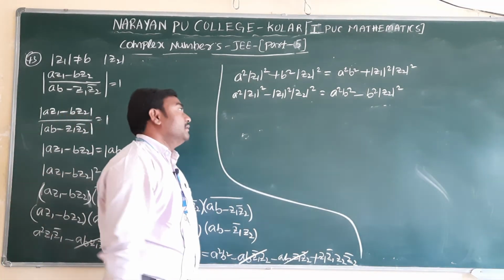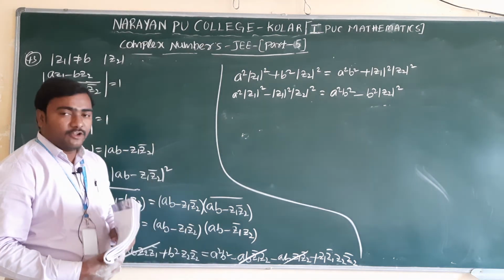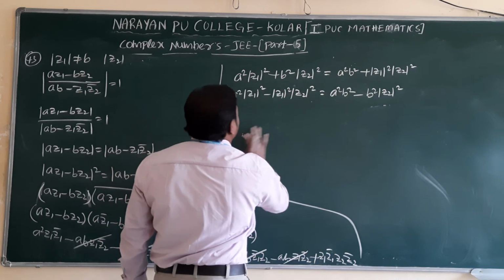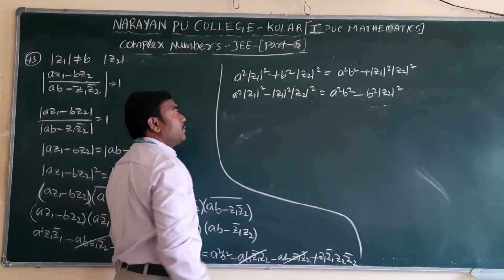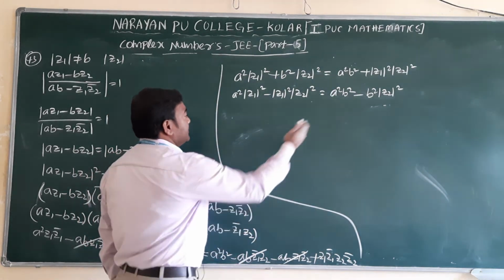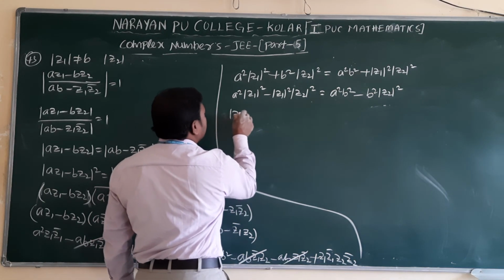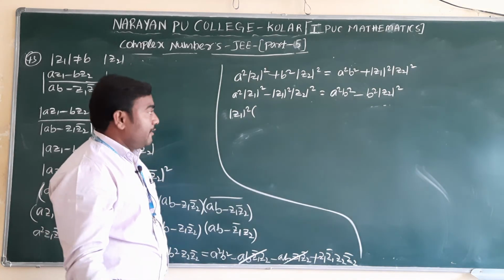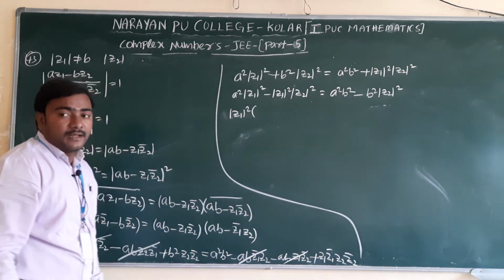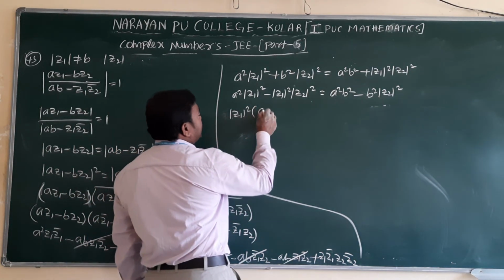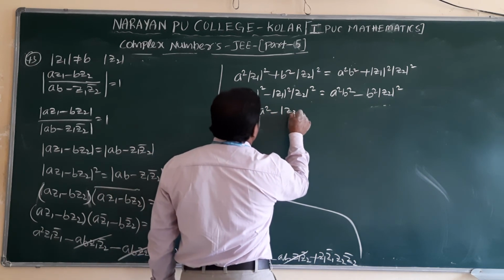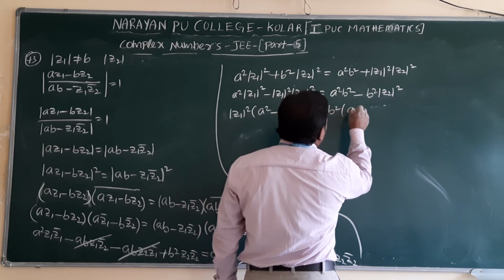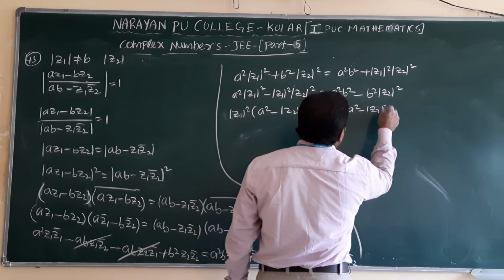Sorry, by that method we are not getting the modulus of z2 value, so here we have to take this side. Okay, first, no problem, we take common modulus of z1 squared, again we take this one to this side. Because by that method we are not getting the modulus of z1 value, we did not cancel that one. So here a squared minus modulus of z2 whole squared, we take common b squared, a squared minus modulus of z2 whole squared.